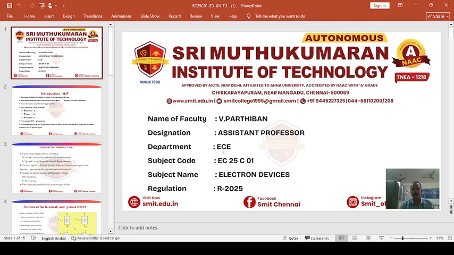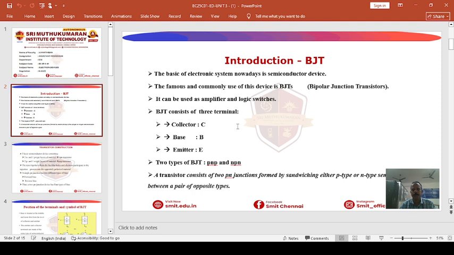Now I am going to talk about the subject called Electron Devices, which comes under Regulation R 2025. The subject code is EC25C01, which is meant for second year ECE students. Now I am going to talk about Unit 3, which is nothing but the Bipolar Junction Transistors, or